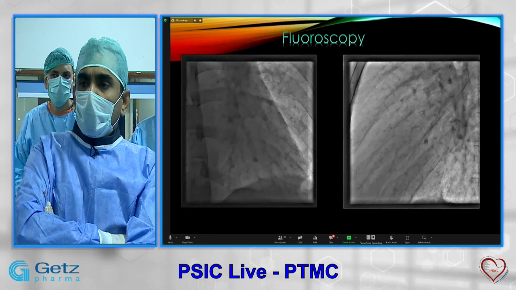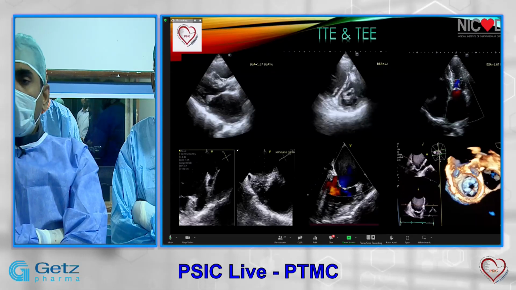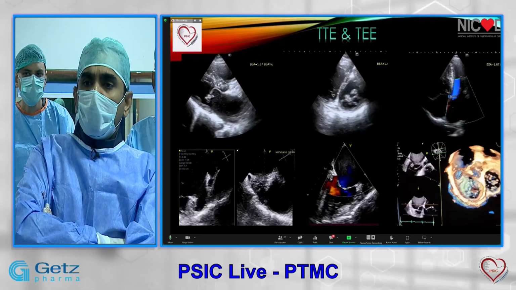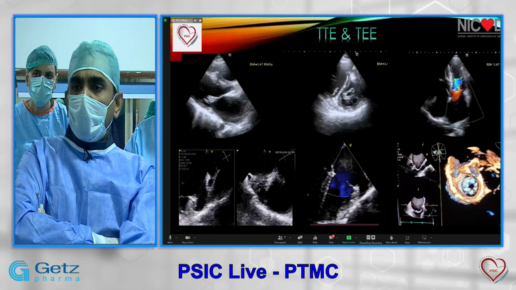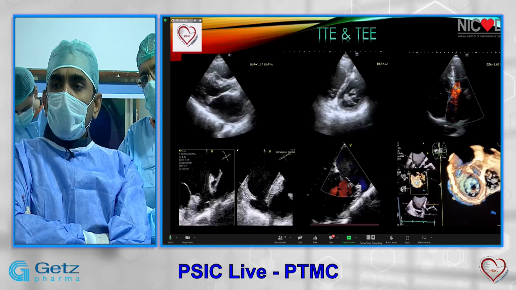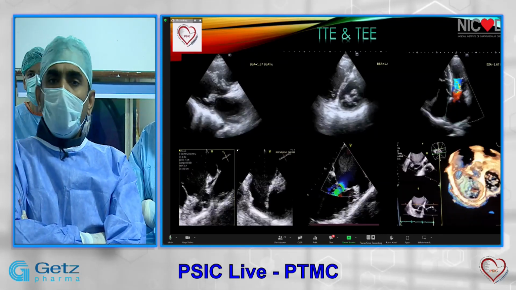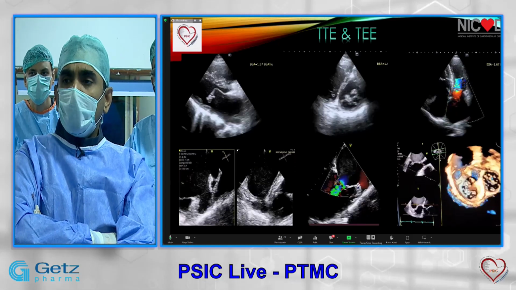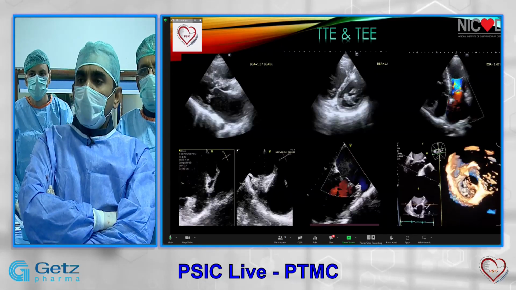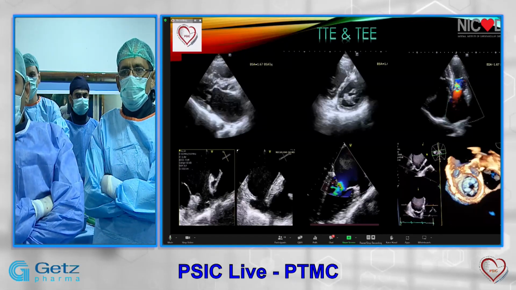Next. These are the images of the transthoracic echo and the transesophageal echo. In the upper left, you can see the parasternal long axis with doming of the anterior mitral leaflet and fixed posterior mitral leaflet. This is the second view. You can see the short axis with the fish mouth appearance of the mitral valve, the shifting of the ventricular septum, and the RV is dilated. With color, there's only minimal MR seen on the transthoracic echo.